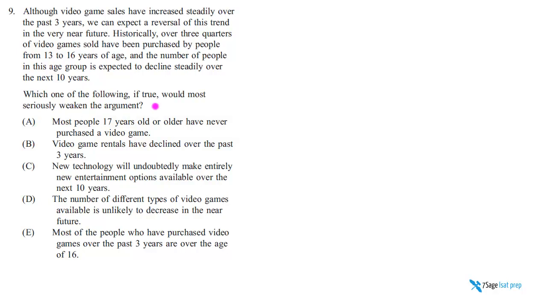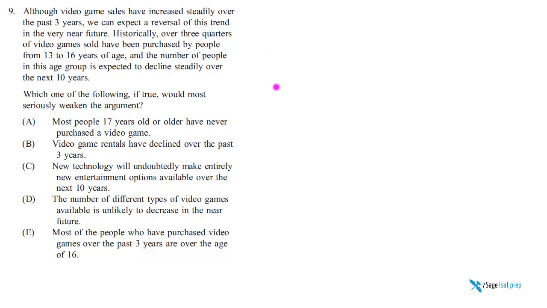We call this question type a weakening question, and the question stem reads, which one following, if true, will most seriously weaken the argument? So you have to understand a couple of things, which we go into a lot of detail on in our full-length course, but here I'll just try to do my best with the limited amount of time that we have. We have to understand what an argument is. Arguments are made up of premises and conclusions, and when you weaken an argument, you're always getting into the space between the premise or the premises, and the conclusion.